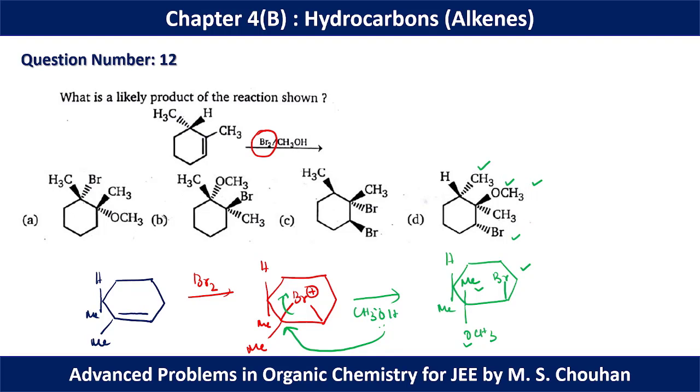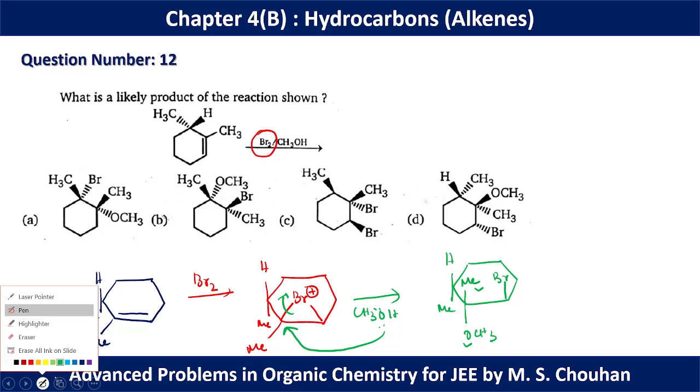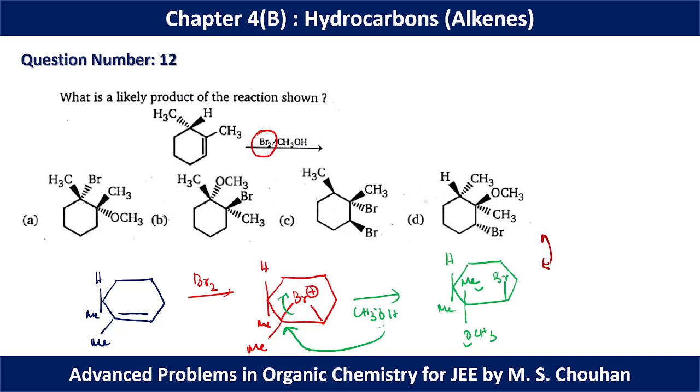So basically, this is the relative position, below or above. We can see this molecule from above the plane or from below the plane. It will be different from these two angles. So basically we have to go for the relative upward or downward position, and they are identical for that. So for question number 12, option D is the correct one.